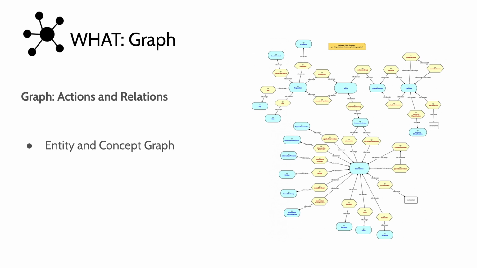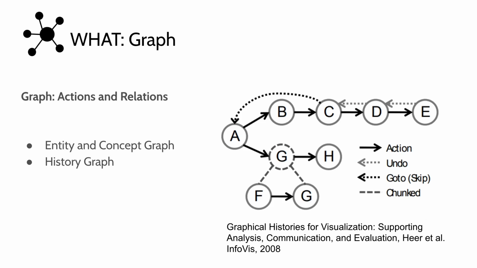The last type is graph. Provenance information is often used for sense-making, and the user's knowledge can be represented as a knowledge graph, entity graph, or concept graph. Another type of graph is an interaction history graph. This is related to logging raw user interactions, but with additional analysis to discover more structure. For example, a user performing an undo operation would result in a branch in a graph.